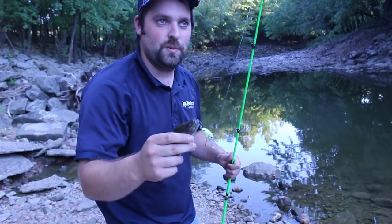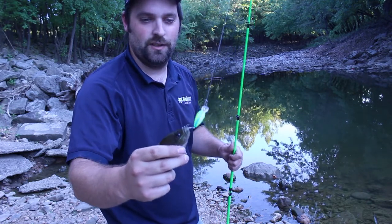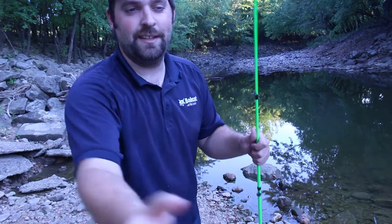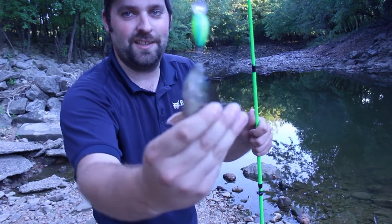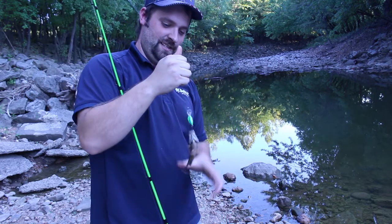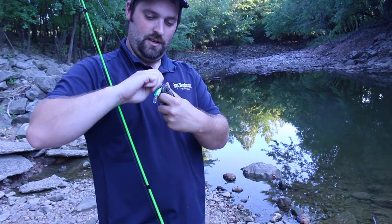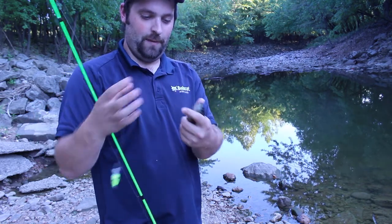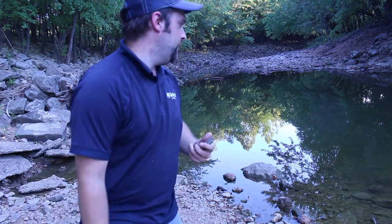Alright guys, so I've been switching back and forth between fishing for gar and just fishing with a crankbait, and I finally caught a little bitty green sunfish. I was not expecting to catch it, but he's a cool little fish. So far, sunfish have been the only type of fish I've been able to catch from this park, but I've